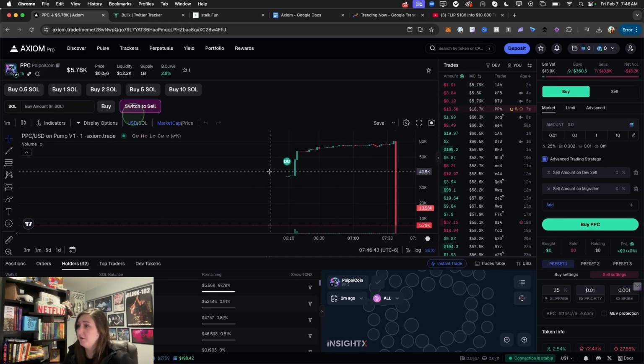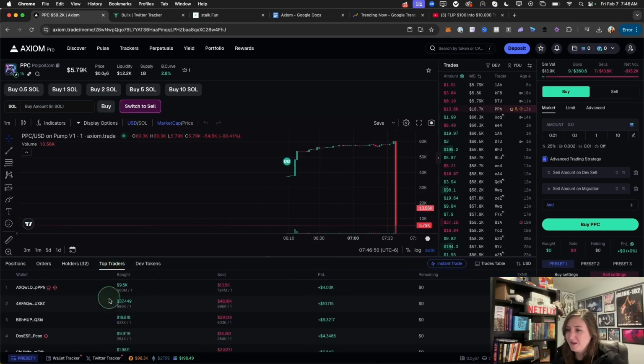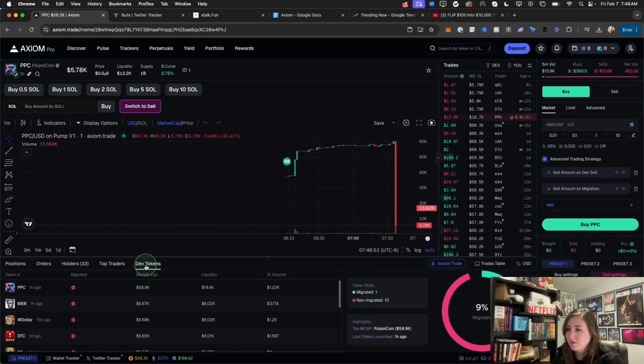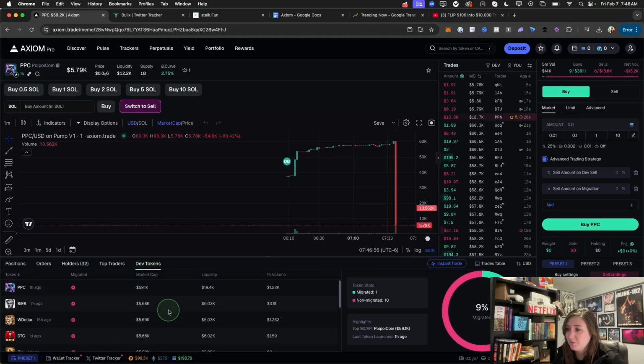And it rugged. I mean, you can clearly tell this is a rug just based on this chart. So we can also see like top traders down below. We can see the dev's previous tokens, which is pretty cool. You can see what rugged and what didn't if you wanted to do additional research down here. So if we go back,